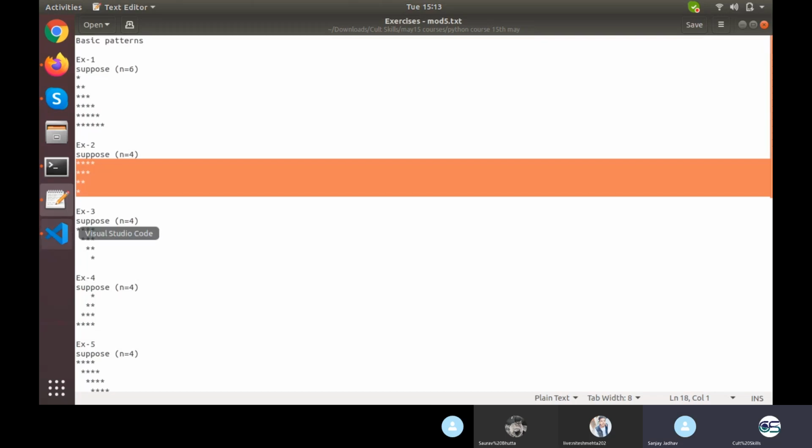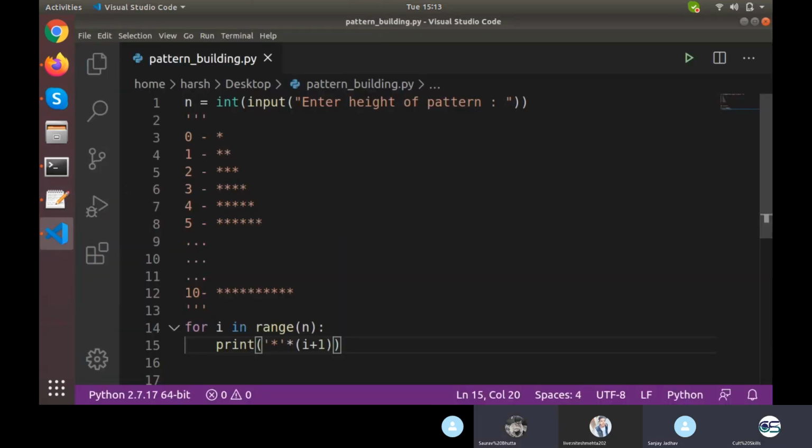Yeah, what is the syntax in the print command? I had done print this star, which is the component of the pattern, multiplied. This is not the pattern, this is multiplied by I plus 1. The reason for I plus 1 is that for the fifth row there are 6 stars. For the third row there are 4 stars, because this is not ideally the third row, this is the fourth row, but I started from 0, that is why it is denoted as third row. So there are actually n stars where n is the line number, but I is n minus 1. So we need to add 1 to this. Is it clear to all of you?